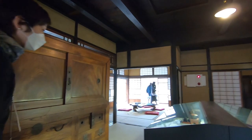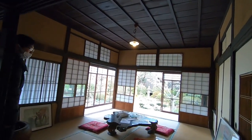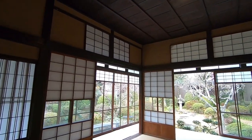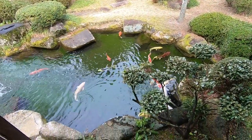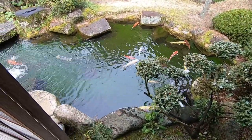I just couldn't believe how vividly colored the koi fish are. I had no idea. I mean, I've only ever seen pictures. I just thought they were exaggerated. And I've seen paintings and pictures, but they actually are the colors that you see. They're just beautiful. Orange and yellow and just different stripes, and